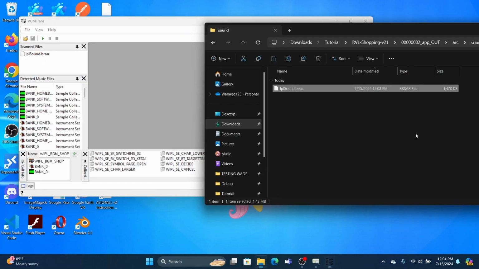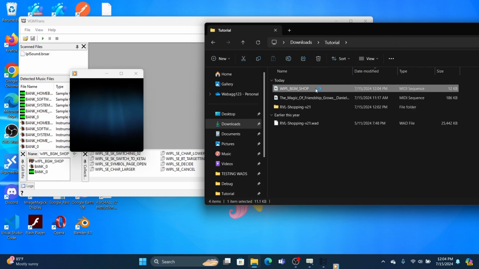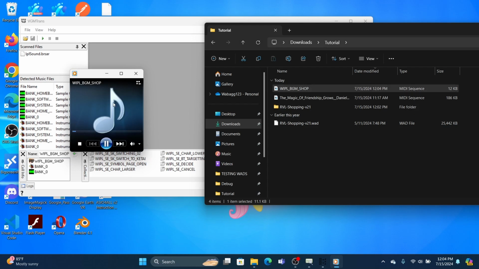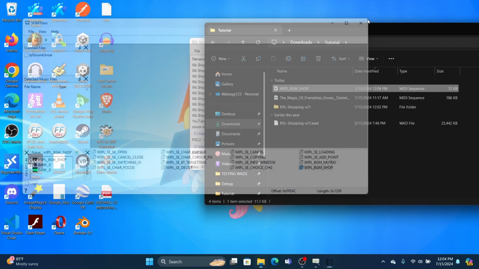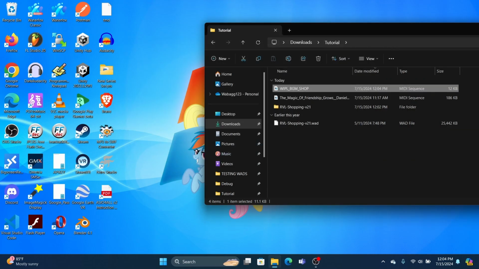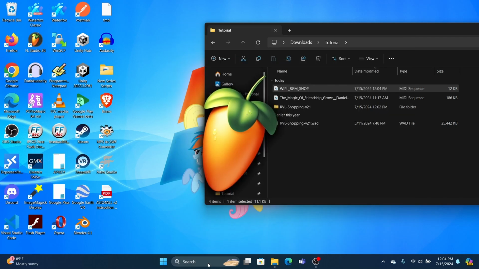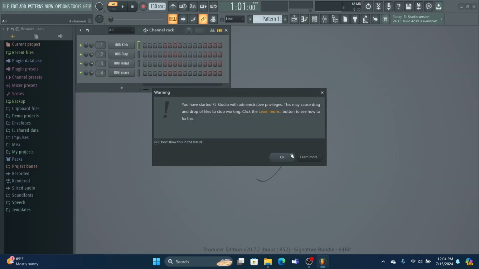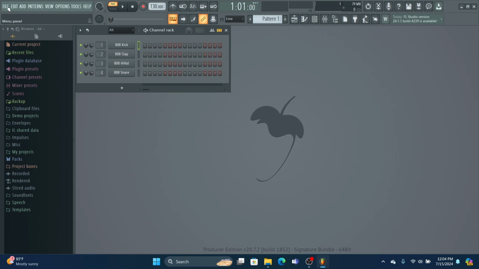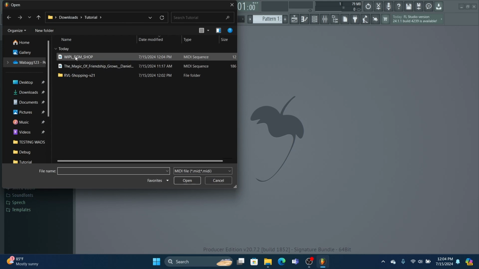And then as you can see, we have the MIDI of the shop. So now that we have the extracted MIDI, we're going to go back to FL Studio or whatever music program you're using. But I'm just going to use FL Studio, and I'm going to do File, Import MIDI, and then WIPL BGM